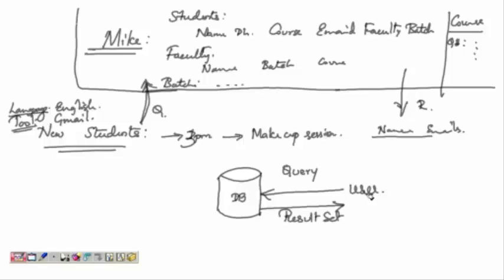Now, this user has to talk with database in certain common language, right? The user has to talk to the database in some common language. What is that language? That language is nothing but SQL, structured query language. Fine. Now the user knows SQL, database also understands the SQL, but